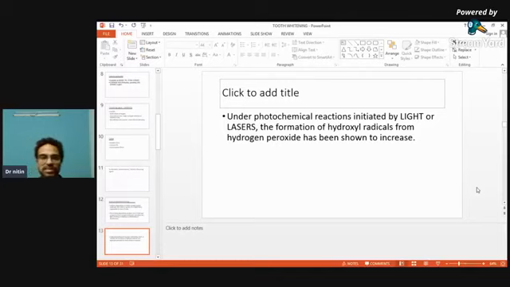So the light which is acting, our bleaching lights, basically the big machines, and some people use the normal light curing units also, but bleaching lights are mainly effective because the wavelength is very important. The right wavelength will act in the right manner and will produce hydroxyl radicals and other free radicals faster, and the results would be faster. And nowadays laser assisted bleaching is very much in demand. Laser also plays the same role, but in a very controlled manner. It helps in the conversion of these hydroxyl and other free radicals faster, so the action would be faster.